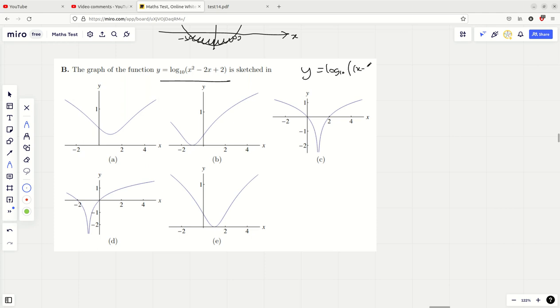So I got (x − 1)² + 1 after completing the square. And then I thought, well, that's nice because at least this bit is always greater than or equal to 1, for obvious reasons. And that made me think, well, you're logging a number 1 or bigger, which means the answer is always going to be 0 or bigger, because log of 1 is 0 and log of a number bigger than 1 is positive. And so I know that basically that rules out that one and that one,